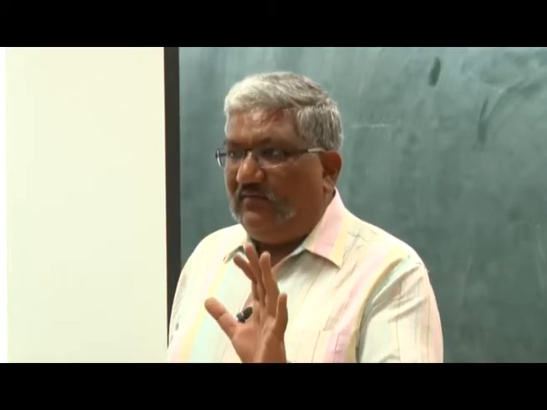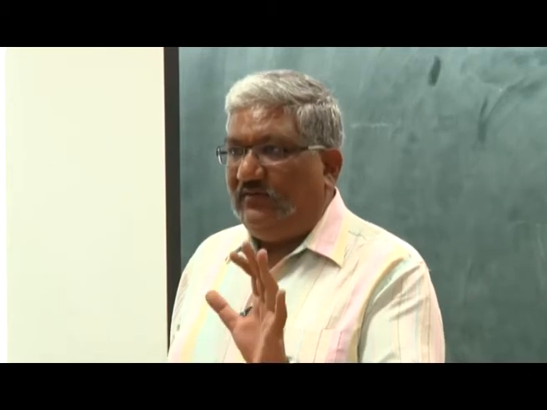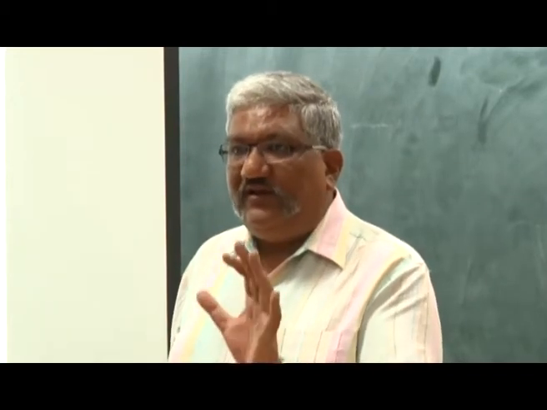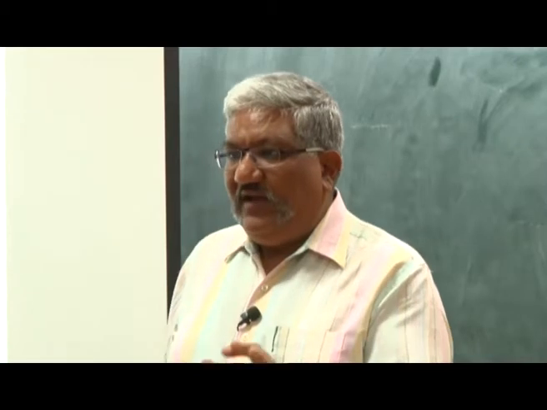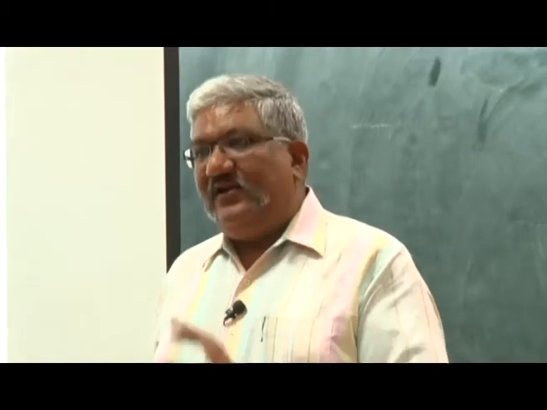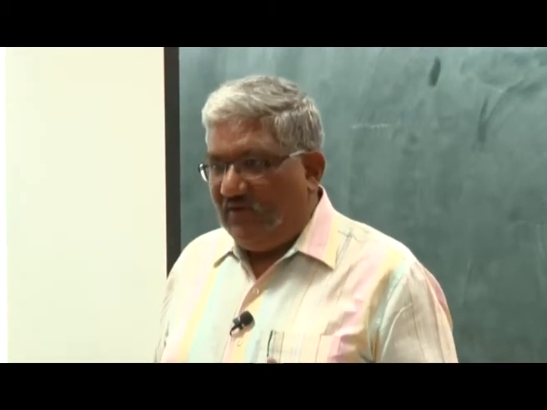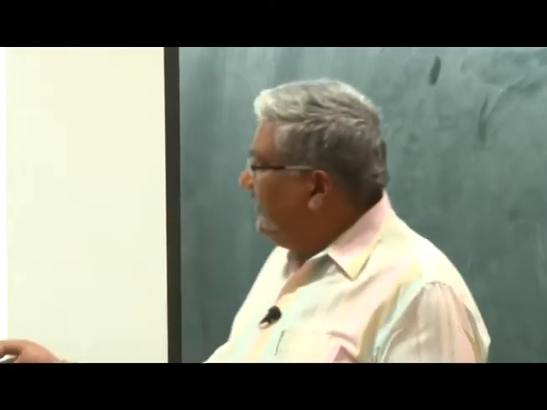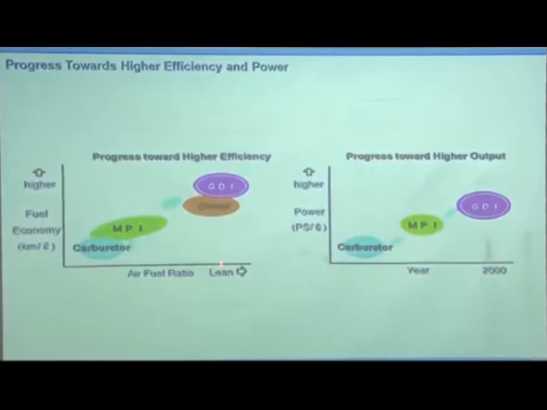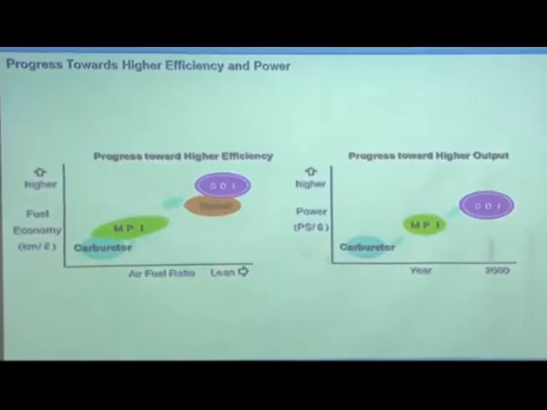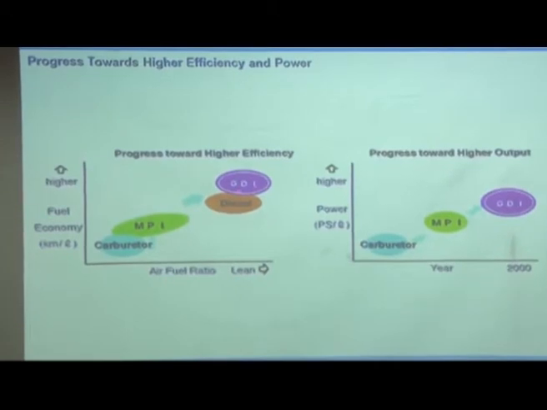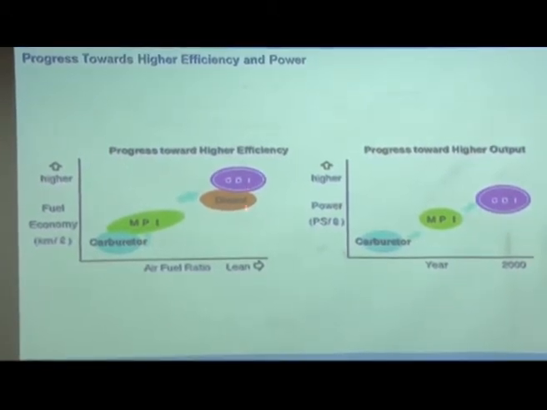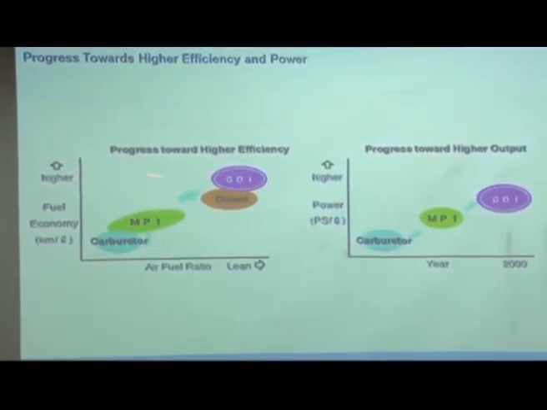That is why in most of the cases, when you want to meet the emission norms and increase the efficiency, the general trend is to make the mixture lean and then turbocharge your engine. Put in the same amount of fuel, but put in more air, and this is what is seen here also. See, this is the diesel engine. In the diesel engine, the mixture is very lean and its efficiency is good, but in the GDI engine, the mixture is leaner and it is more efficient.